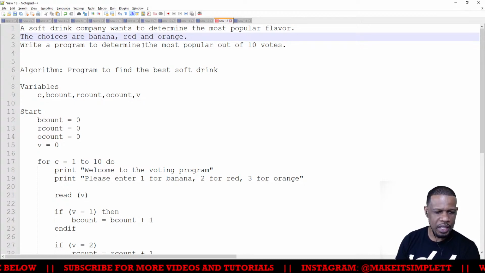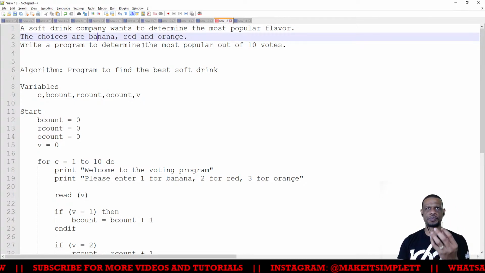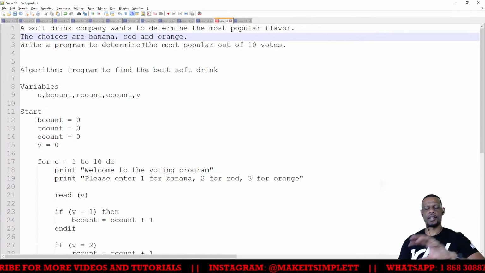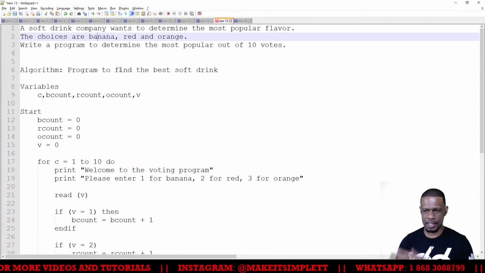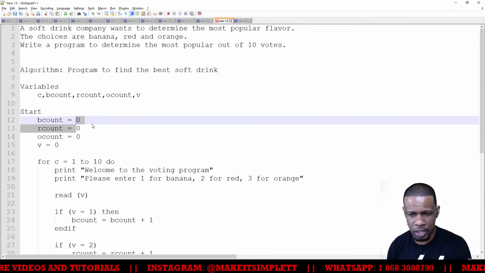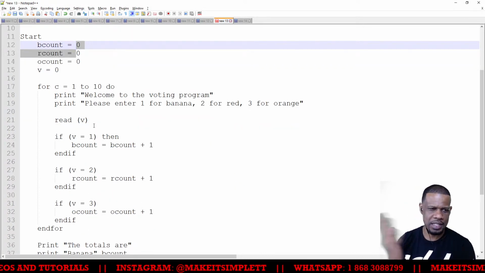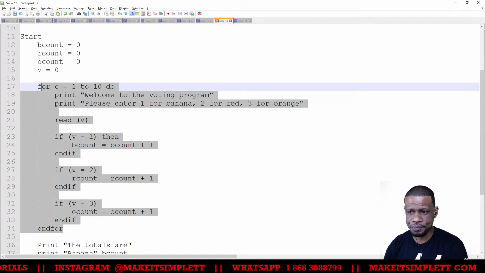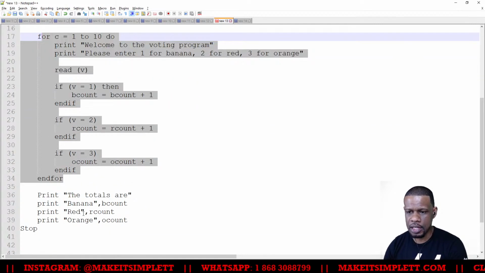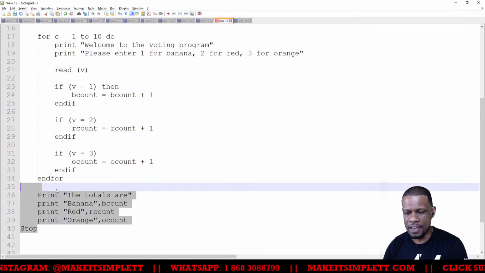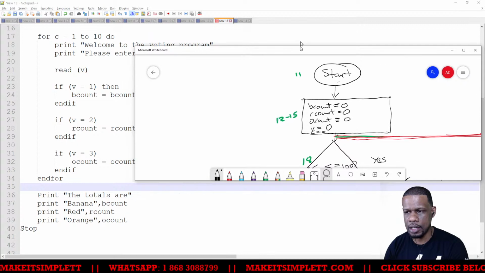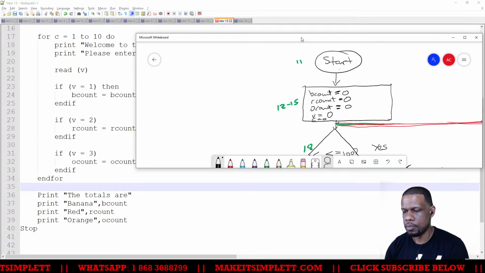Almost all SBAs will have some sort of getting a loop of certain things and counting them or adding them, or some kind of thing like that. Keeping track of it or seeing who got the most votes. That's the sample SBA one, right? So you check that, see if it's correct or not, and the algorithm is there. If you have to do a flowchart, then you could do the flowchart, which is what I did here.